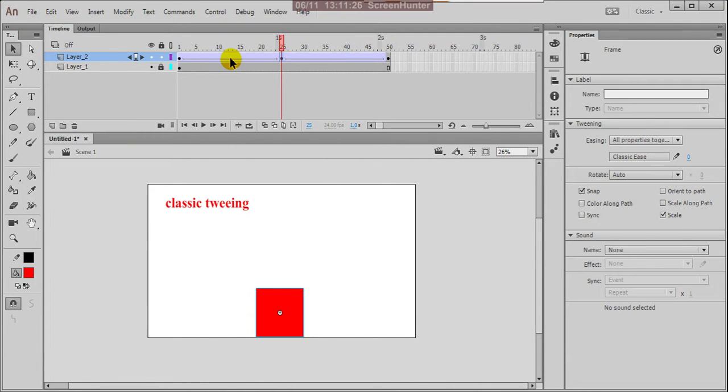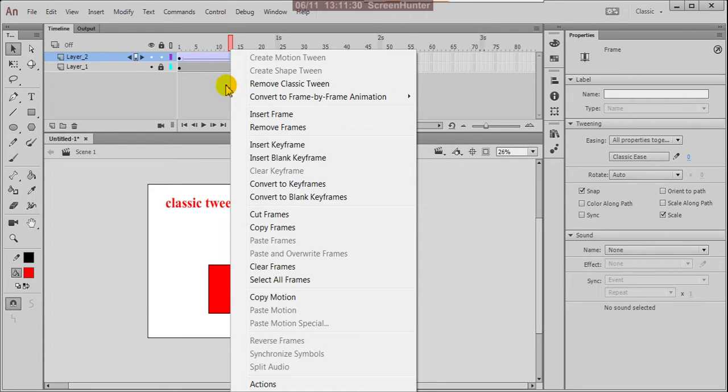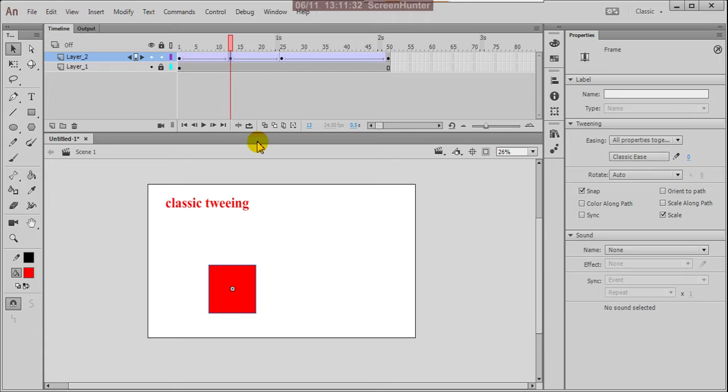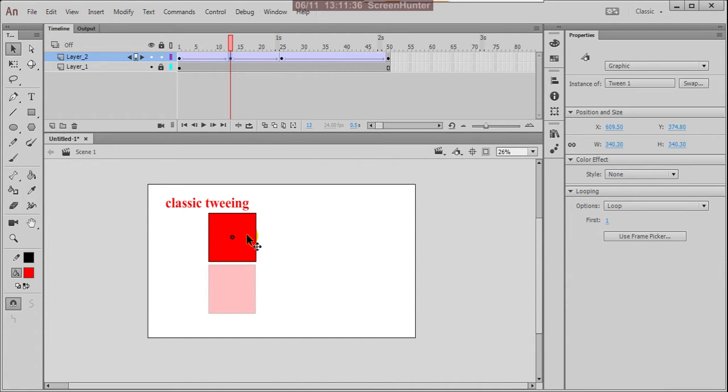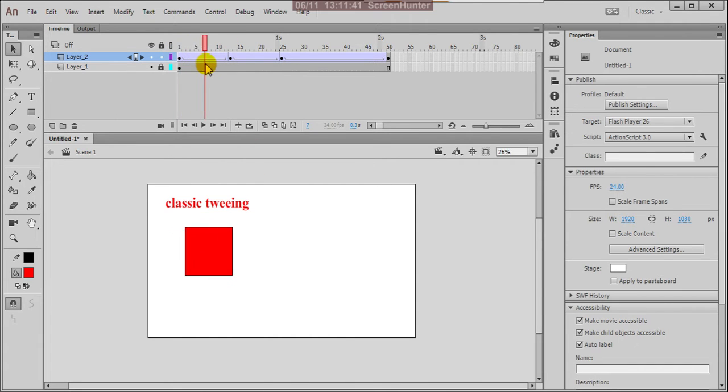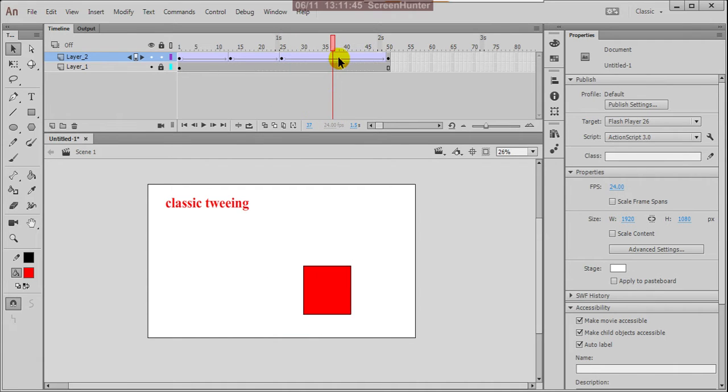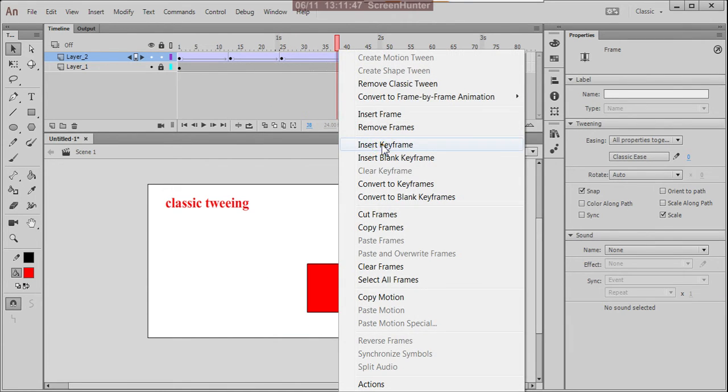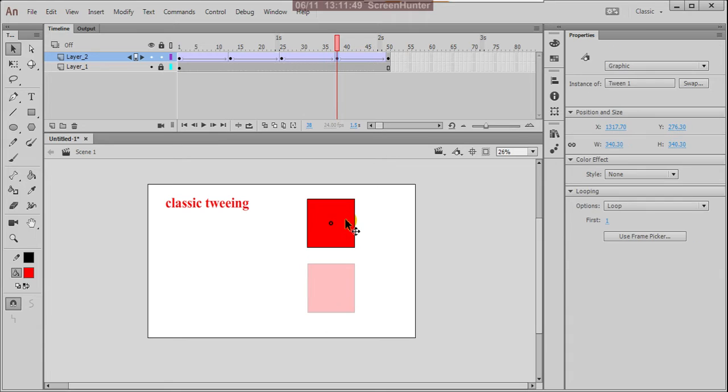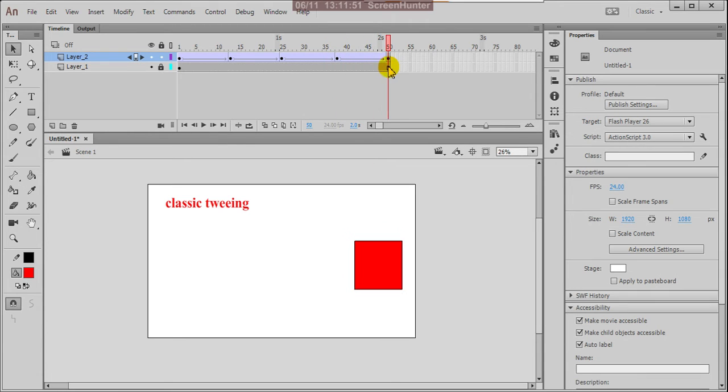Then somewhere here I'm placing one more keyframe, but after adding a keyframe you have to change the position also. Now it goes up and goes down, and here again I'm placing one more keyframe, move up and go down.